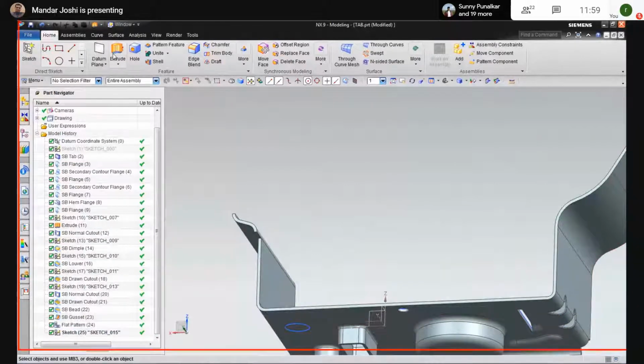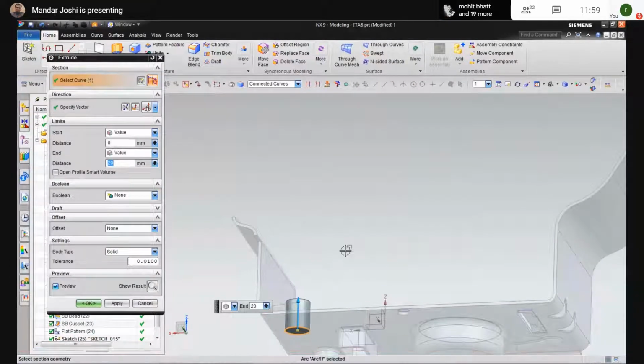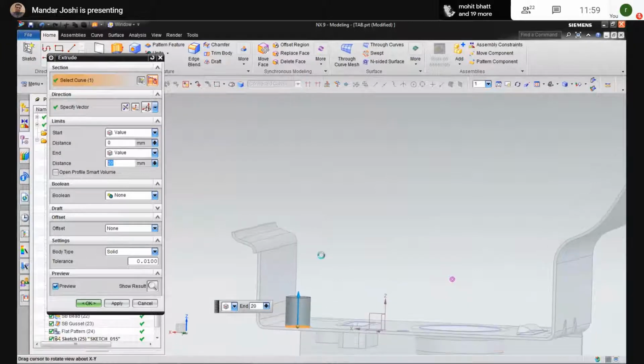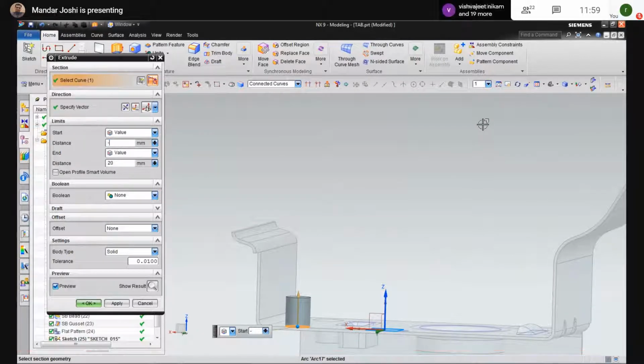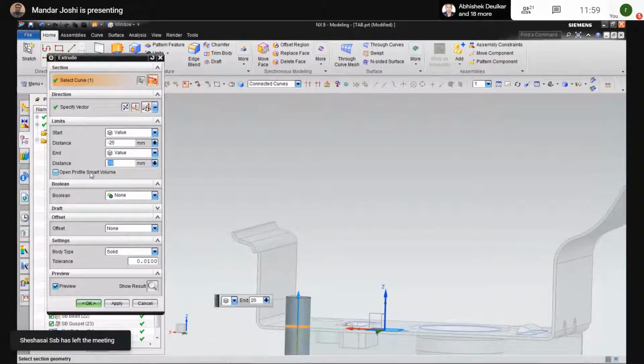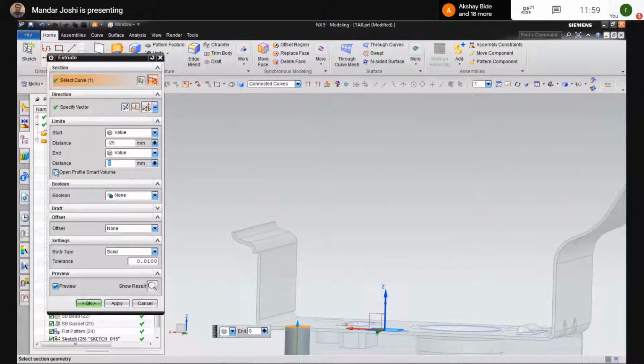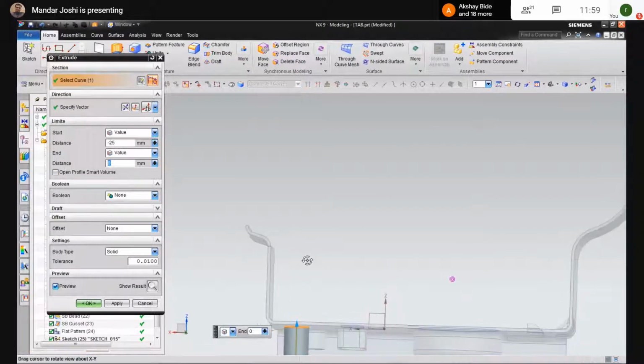So I'm selecting this extrude. The direction is upward and downward also. So I'll take here -5, second side -25. If I take the 0 value, what problem will occur?